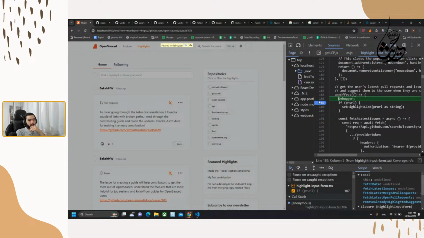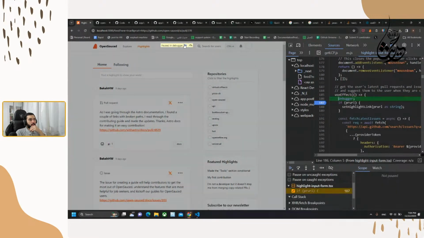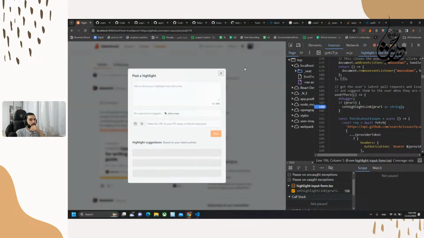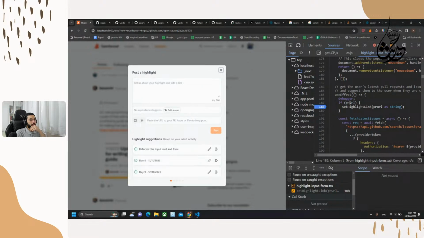Here we see it's working for the debugger, and it's empty. Even if we got that user, we didn't get this one.